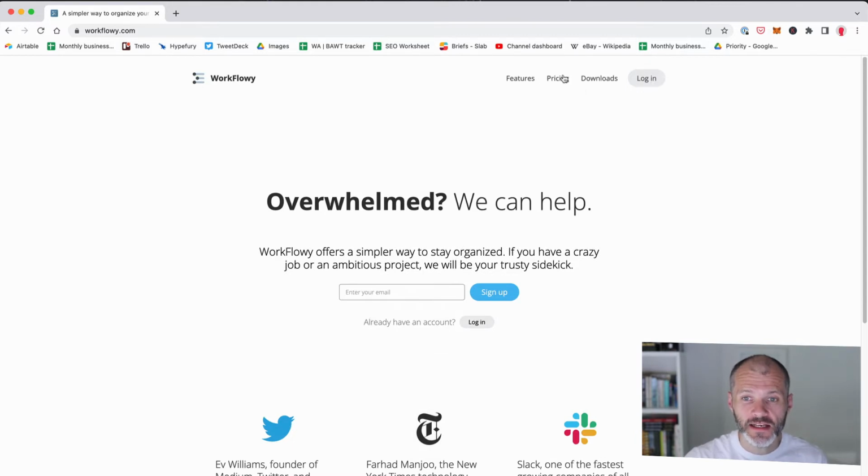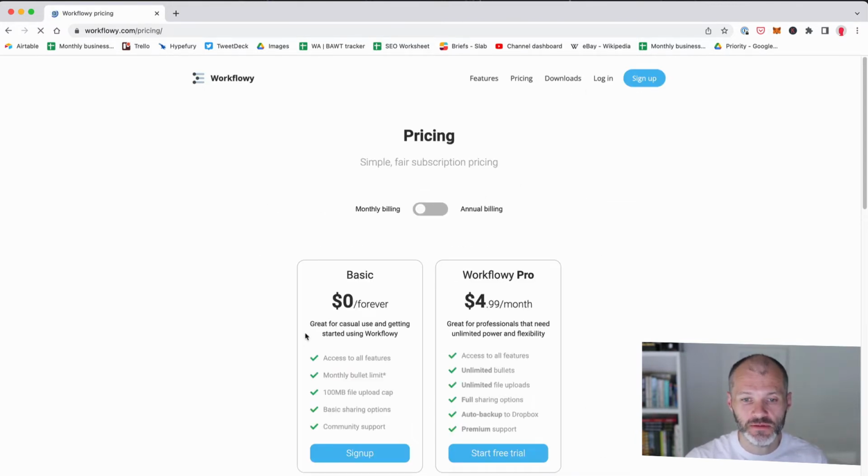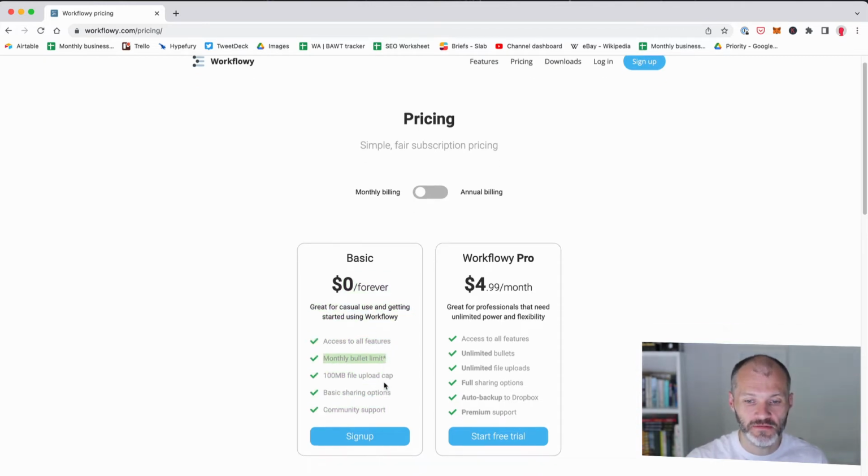Workflowy is relatively affordable as writing apps go. You can use the free version for free, but to be honest, you're not going to get very far because there is a strict limit on what you can do inside of Workflowy with the free version. You can only have approximately 250 bullets, which you'll get through pretty quickly. So you'll actually need to pay $4.99 per month to use Workflowy, or you can take out an annual subscription either. Now I've used the premium version of Workflowy on and off, so I'm going to open up Workflowy